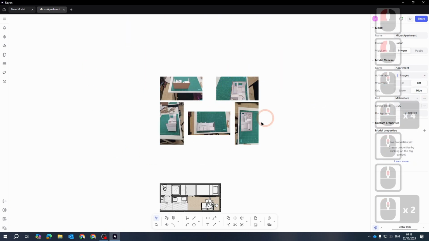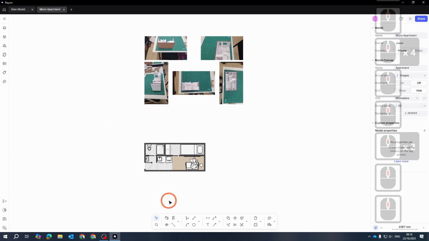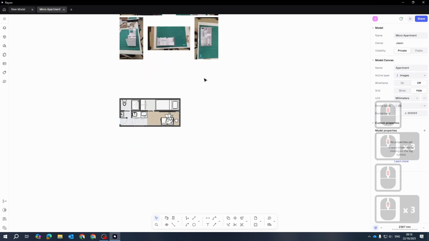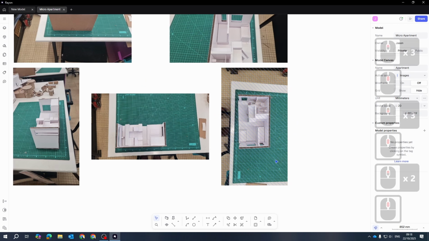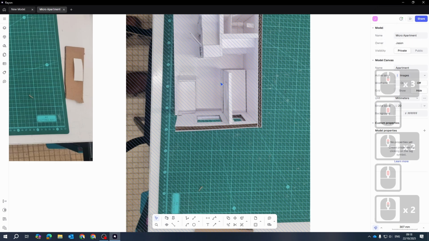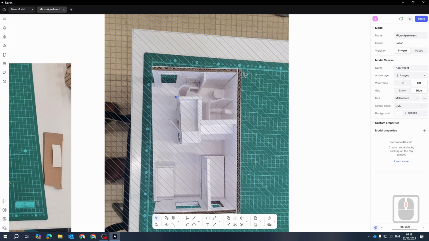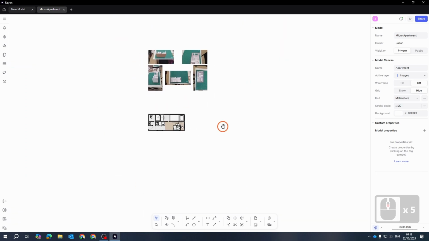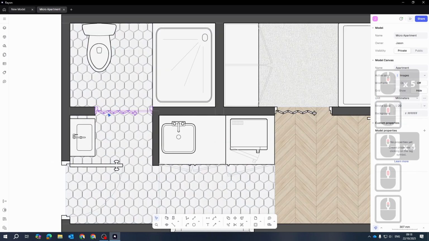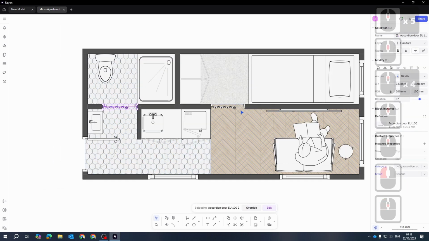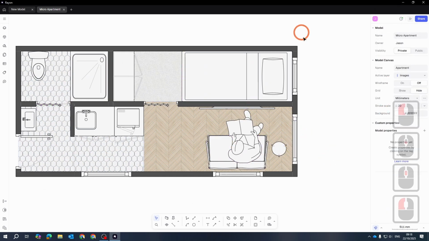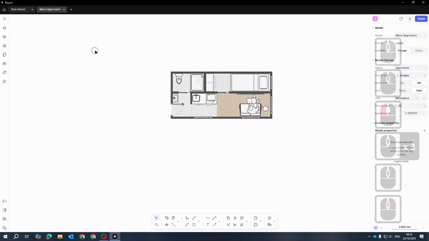Okay, in essence, I dragged in these documents. Then I went and used all of these little modeling tools, and I replicated this little apartment based on what I saw in the photos. So I could see there was a bed here, there was a TV on the wall, a little couch, a little shower combo with a toilet, a wash hand basin. I could see this door would close there. I wasn't too sure where the door should be, so maybe the door could move from there to there. And I've just used my initiative, and I put a TV on the screen, put some windows in. So very quickly, I managed to put this